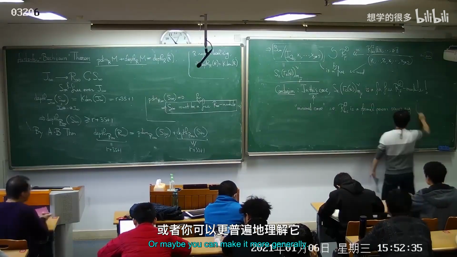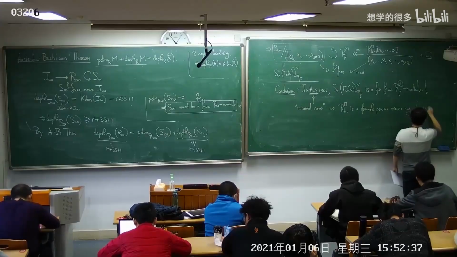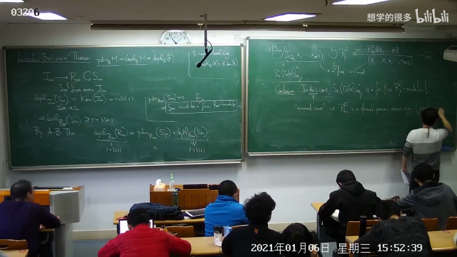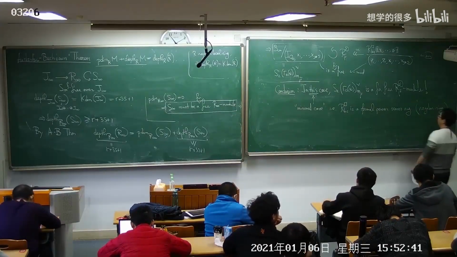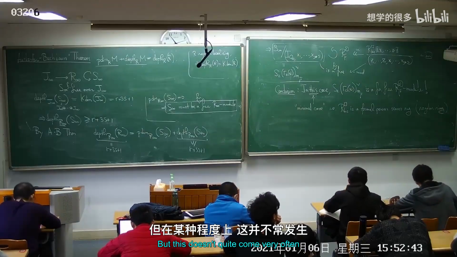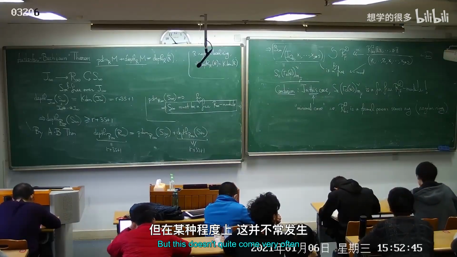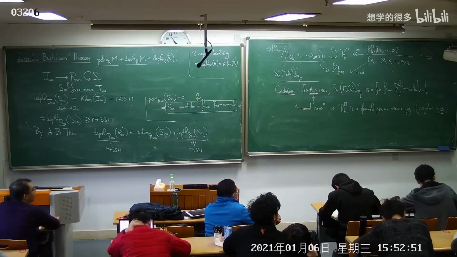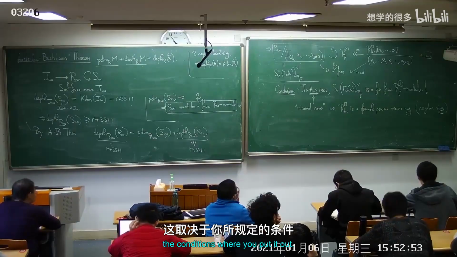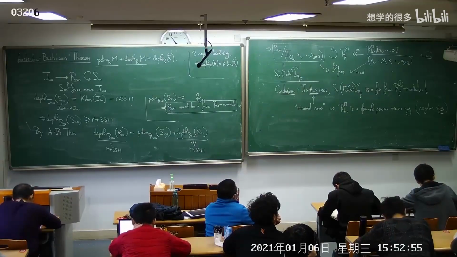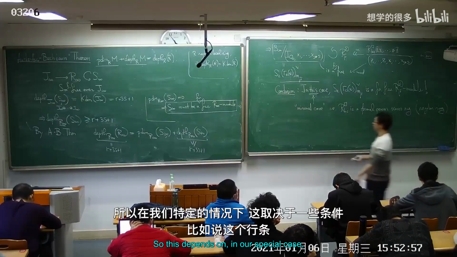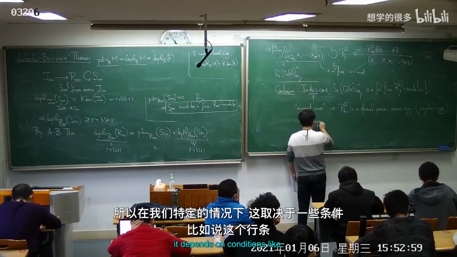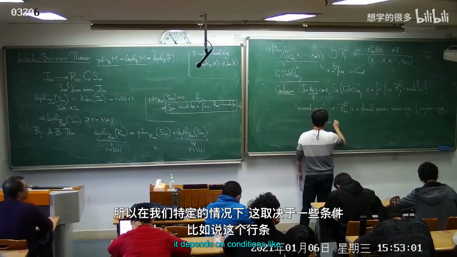Or maybe you can make it more general, a regular ring. But this doesn't quite come very often, because you basically require each local deformation ring to be a formal power series ring. That hinges on the conditions we put out. So in our special case, it depends on conditions like